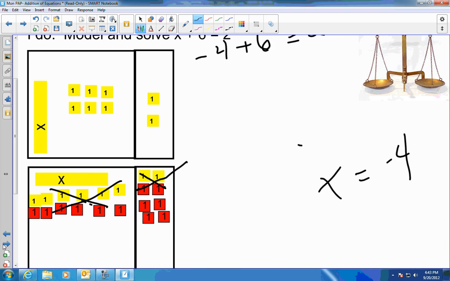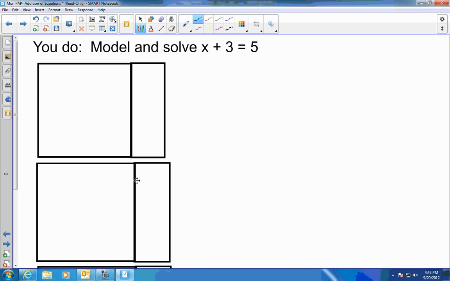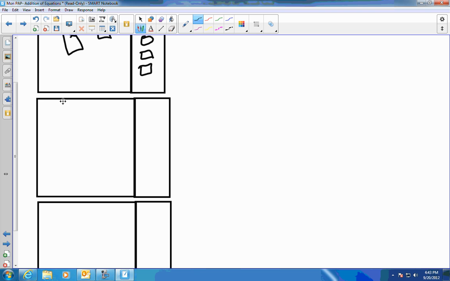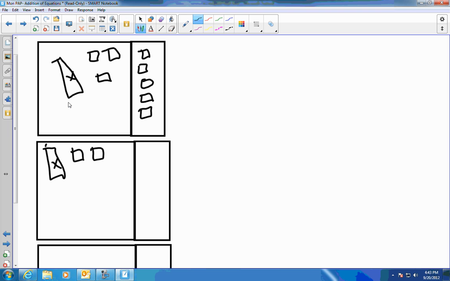Now, we're not going to be modeling every single time. Sometimes you just need to know how to do the steps. So I'm just going to draw the pictures in here because it's a little bit quicker than the infinite cloner things that we were using. So I'm going to draw a box for x, and then I'm going to draw a +3. So this is just what I mean when I say model. In the next box, I also have to have my picture. So remember that that was x plus, I think that was 3, yeah,